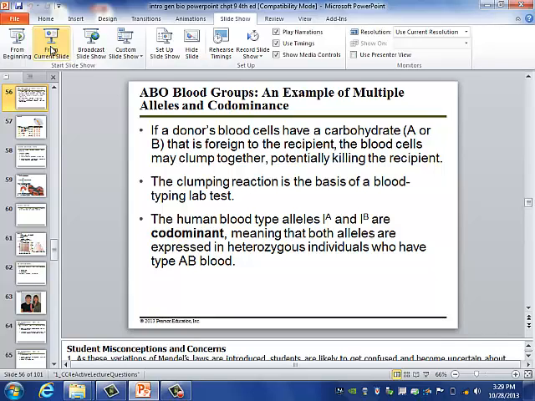Okay? Do we do blood typing in our labs? You should, yeah? They have some samples you can do. It depends on your instructor. But okay, so we obviously didn't finish this, did we? So we will finish